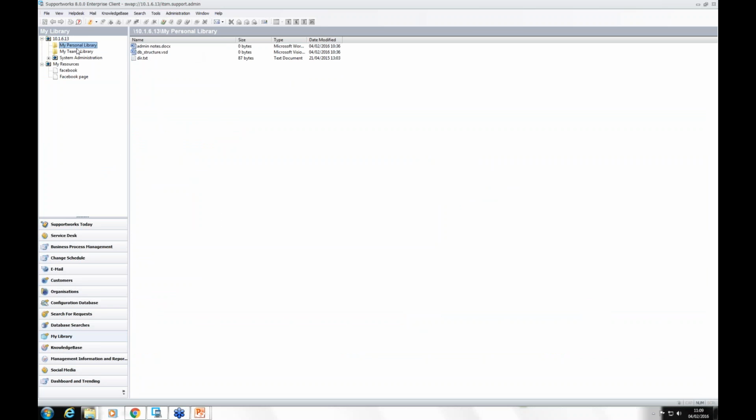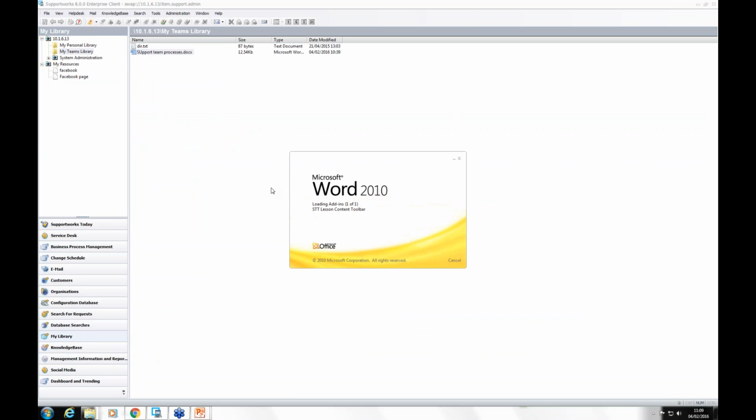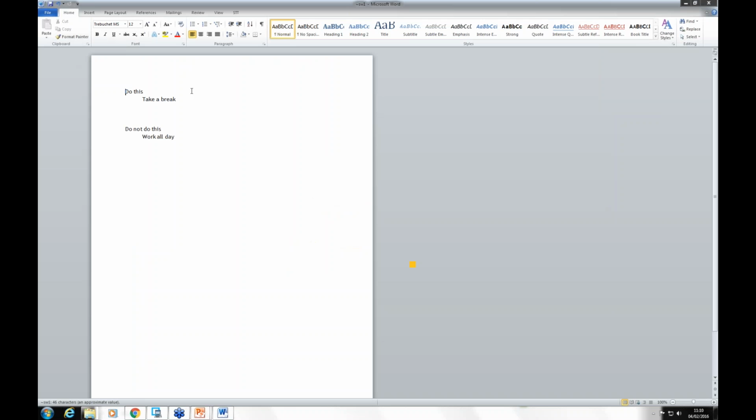In my teams library, this is everyone that's in the support team. There's a support team processes.doc. Great, and there's some good advice in here. But whatever the information is, we can make the information available and provide it distinctly to the team, or indeed out individually. Now the analyst, again, if they have got the requisite permissions, they're able to go and create,